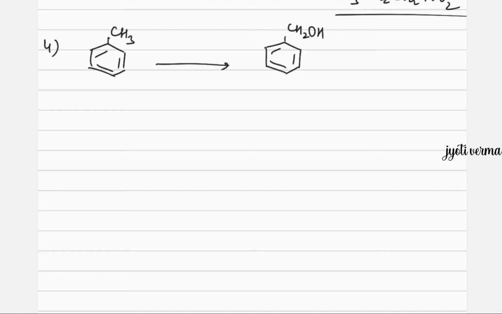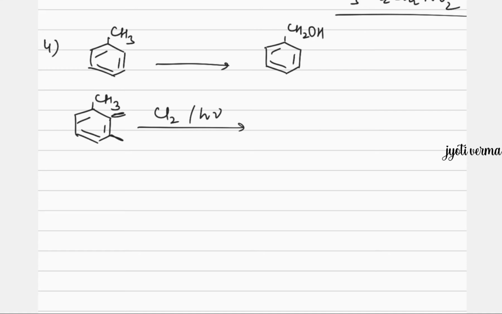So what we have to do, first we have to substitute H with halogens, and then we can do the nucleophilic substitution. So what should we do? We will take this toluene. Now we will be doing its reaction with Cl2 in presence of sunlight. Please mind it, if in place of sunlight we do the reaction in presence of FeCl3 or AlCl3, then substitution will not take place here. Substitution will take place somewhere in the benzene ring.